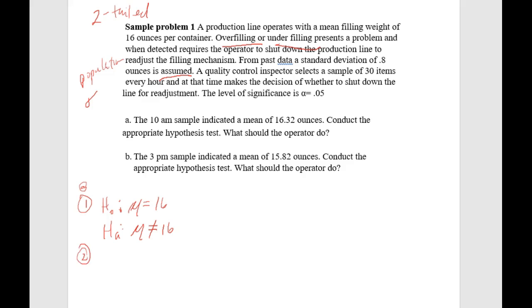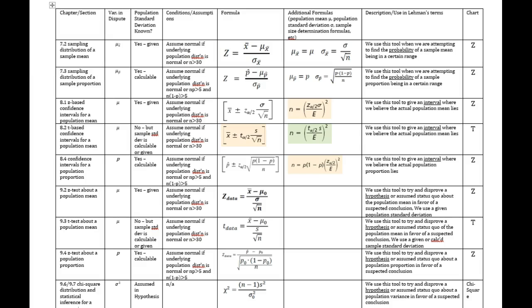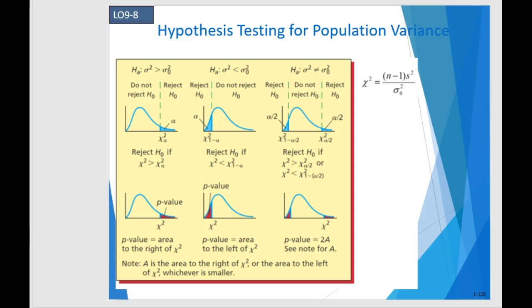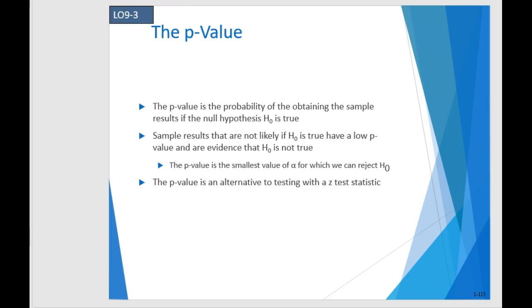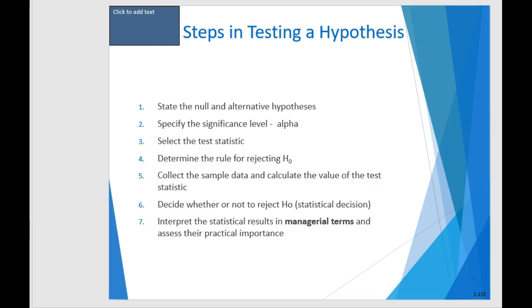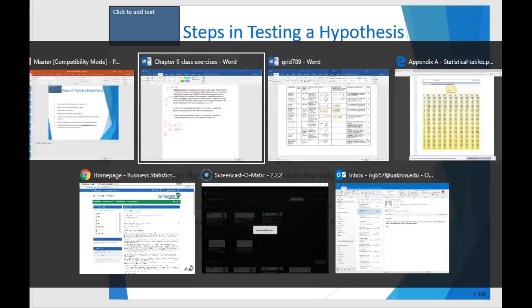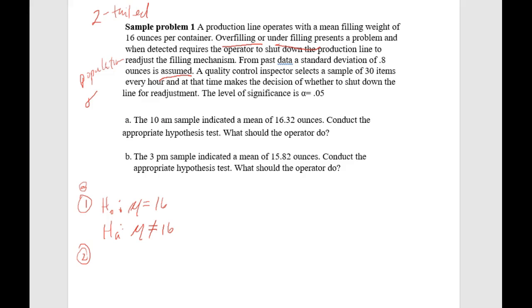So that's our hypothesis. And then we will look at number 2. If we look back at our hypothesis testing process, number 2 is to specify our significance level alpha. Well, it gives this to us in the problem, so we don't have to make any decisions about that. You'll find that that's kind of a common theme. So alpha is going to be 0.05. That's number 2. That's all we do. Number 3,